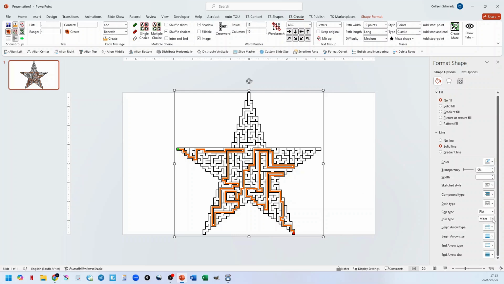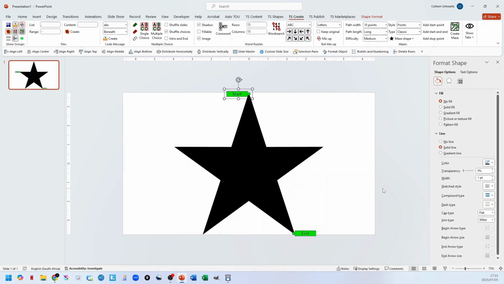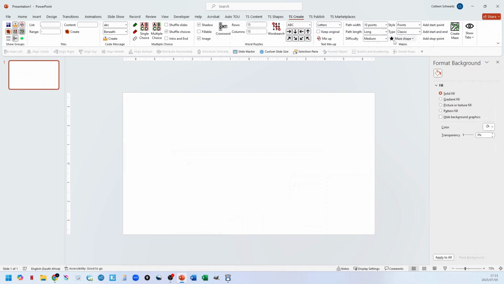Okay, so now I can go again and change this to round so it all looks nice and smooth. Okay, so that's how you can create a maze with different shapes. Now what I'm going to do is I'm going to show you the next type of maze, which is the